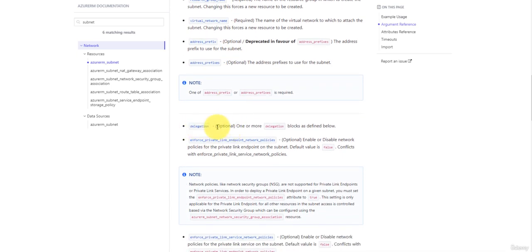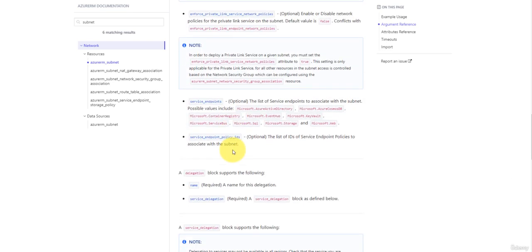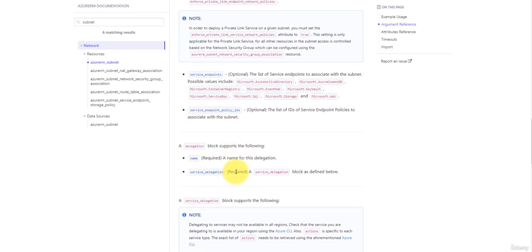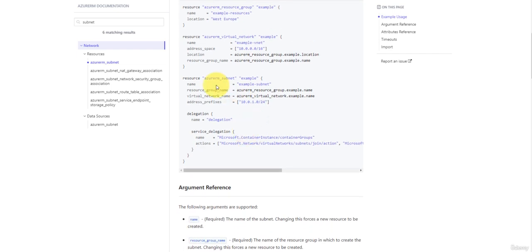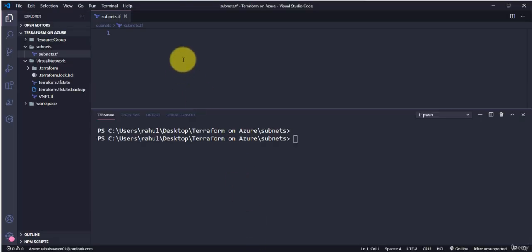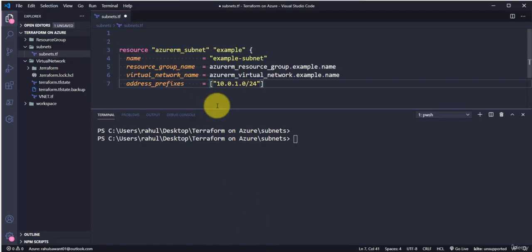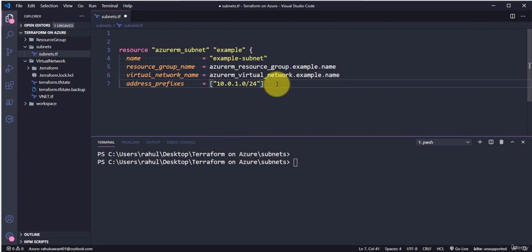Okay, so delegation is optional, so we can create a subnet without providing this field, and service delegation is required, but it is only required when you are specifying this delegation block. So if you're not using this delegation block, then this particular field you can exclude. Okay, so let me copy only this subnet block, and I will go back to my VS Code. I will use this block over here,